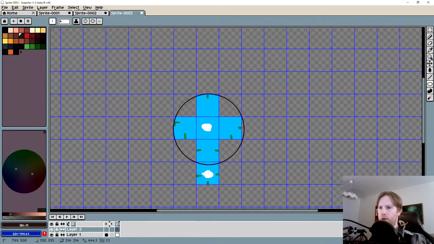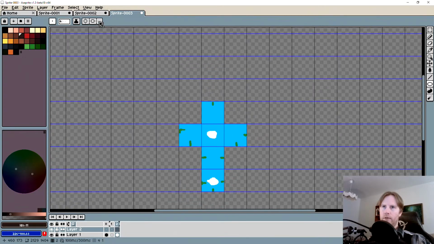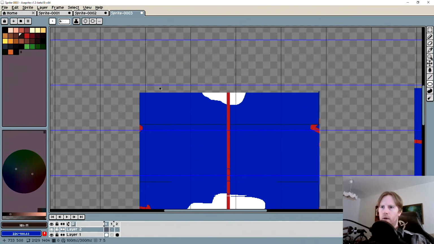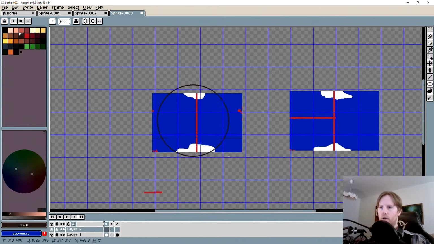It's something I always want to do. Like if you do this, or rather if you have a square and you do this,